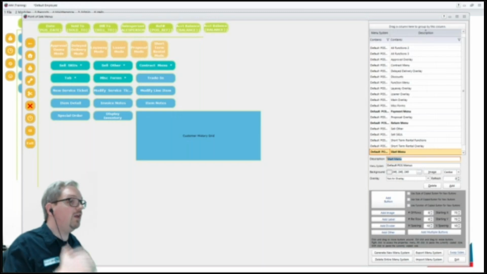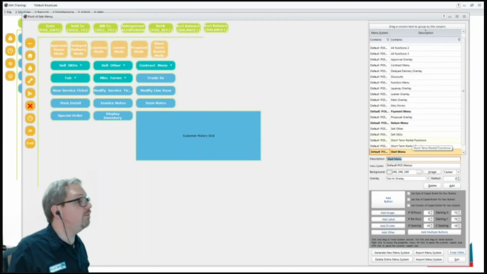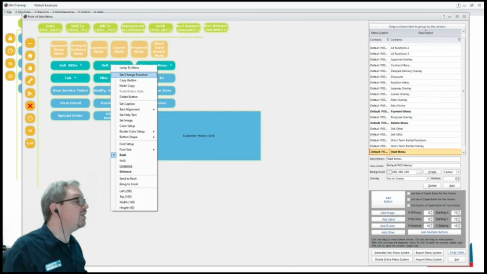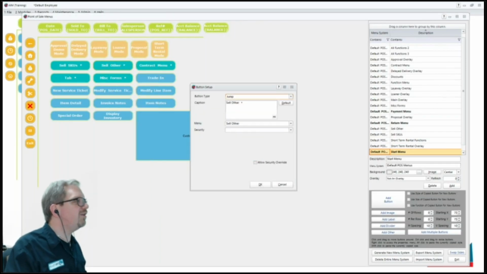So here in the point of sale menu editor, I already have a bunch of menus set up. You will as well. You're going to have a series of what are called default point of sale menus, and one of those will be what's called a sell other menu. You'll see the button for it over to the upper left here. If I right click on that button and take a look at how it's set up with this set or change function option, like I said, I'm going to go into more detail on this in an upcoming